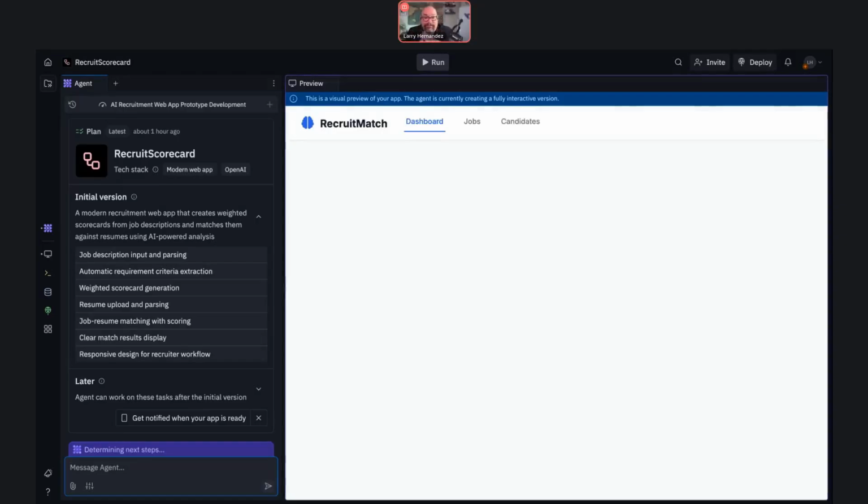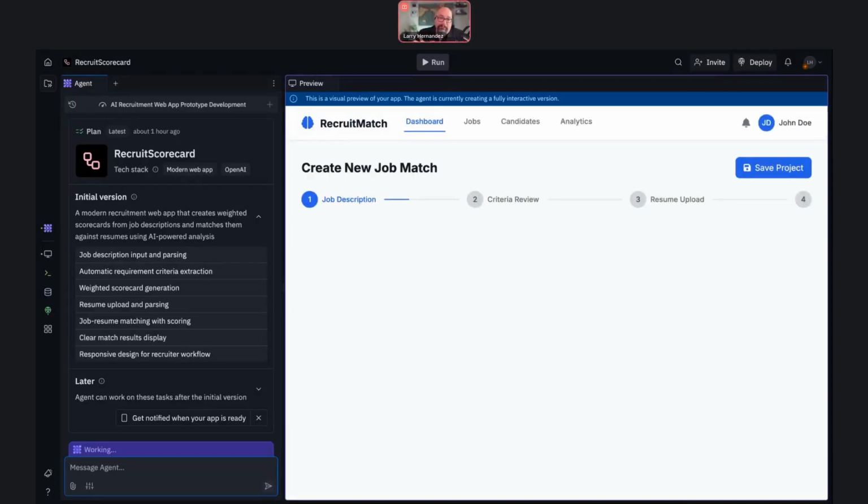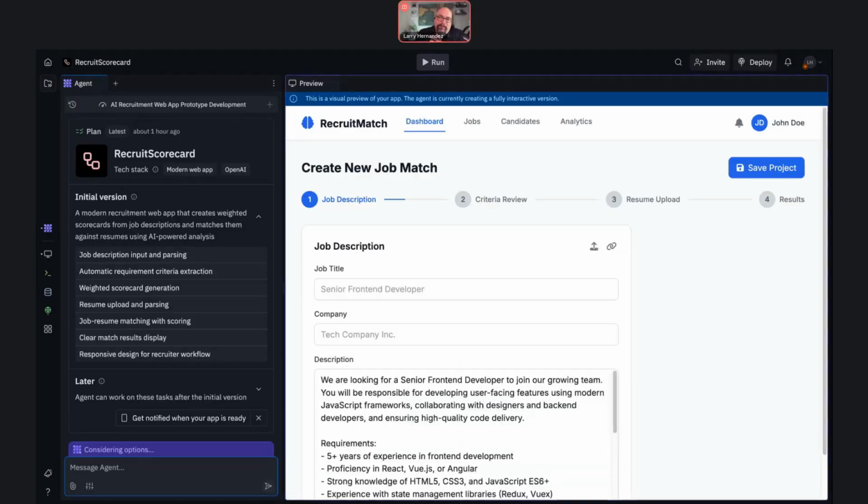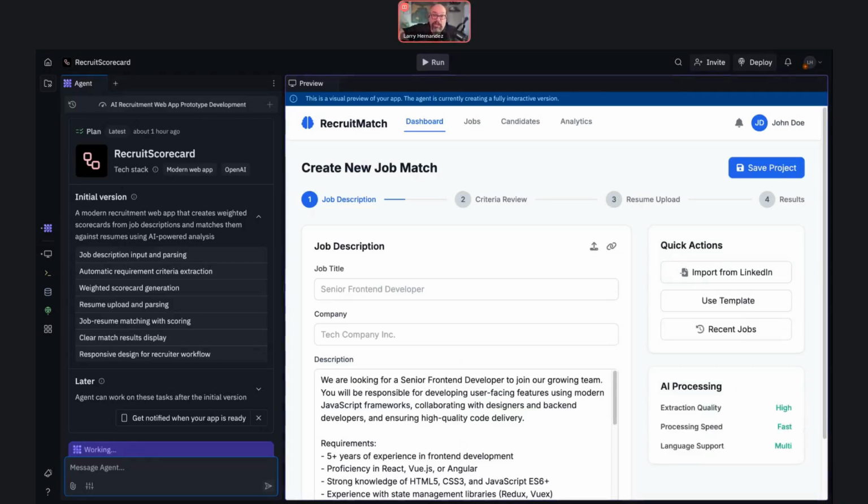Now you're watching this live. I didn't know how this was going to go, but this is live and it's building it. Now, I don't know about you, but this blows me away. It is building a modern SaaS web app right in front of our eyes. Zero coding experience. My prompt wasn't even that good, because in reality, I would work with ChatGPT and I would